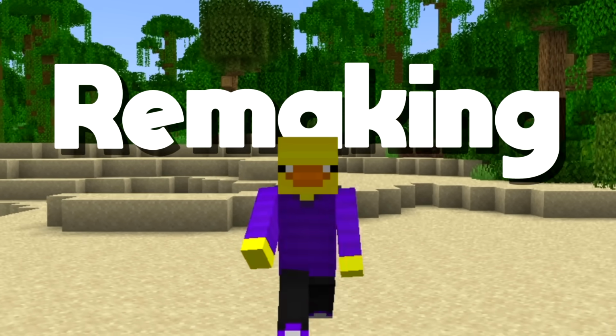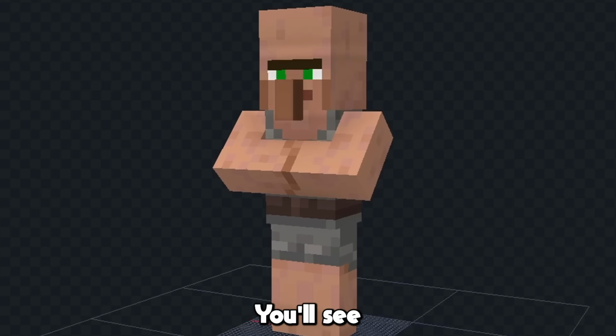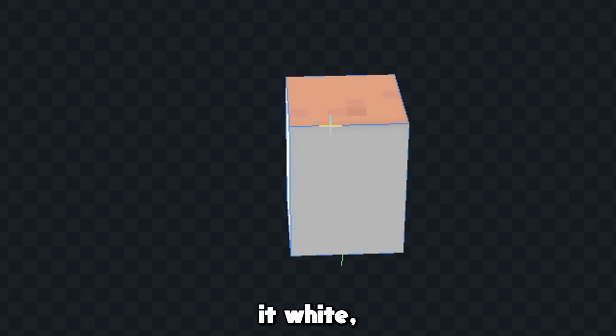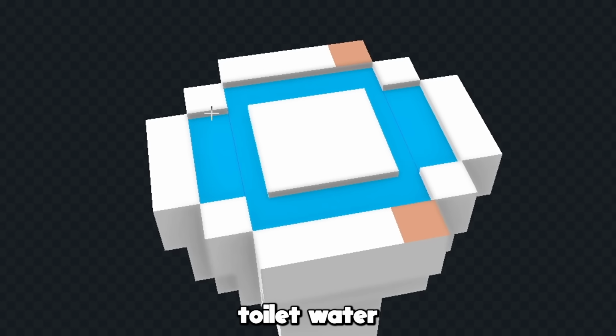I'm going to be remaking Minecraft mobs into Skibidi Toilet. The first character I'll make is a regular toilet, and I'm gonna use a villager. You'll see why in a second. First, let's delete all this stuff because we don't need it, and then we'll turn this cube into the bottom of the toilet. Let's color it white, and then we'll start making the toilet more circular. Now let's expand these walls up a little bit more, and we'll put some blue toilet water inside of the